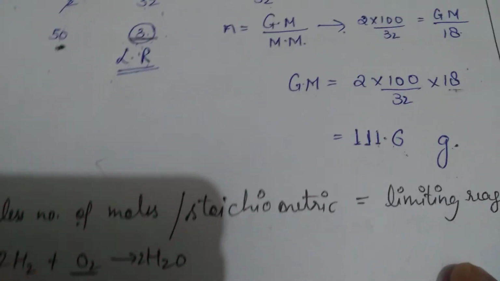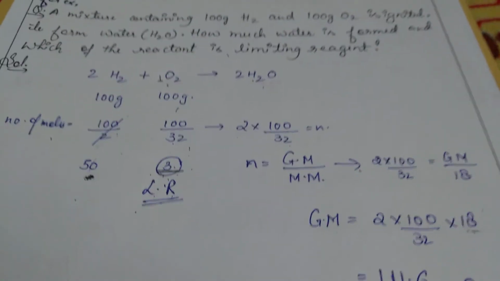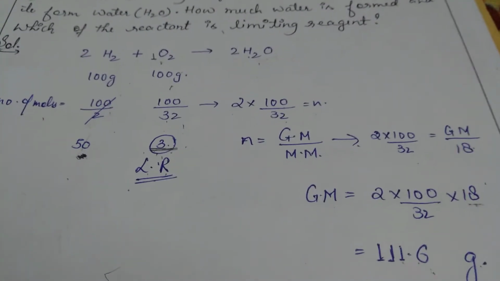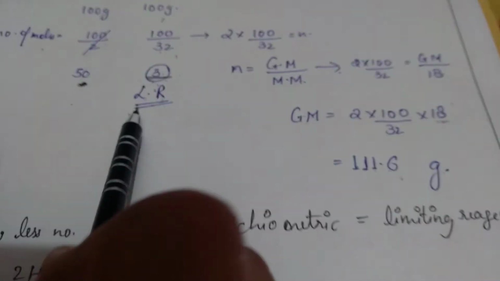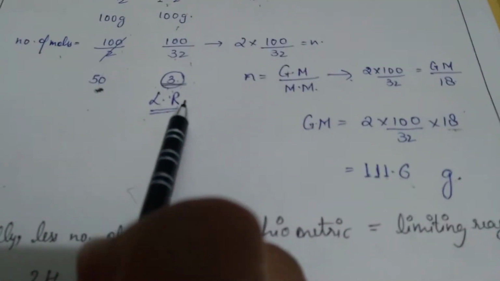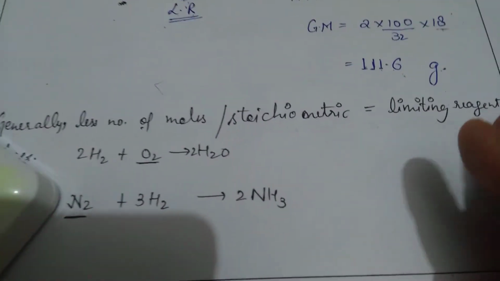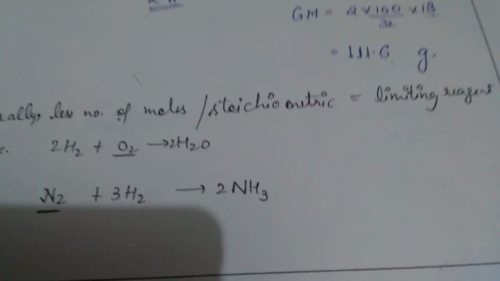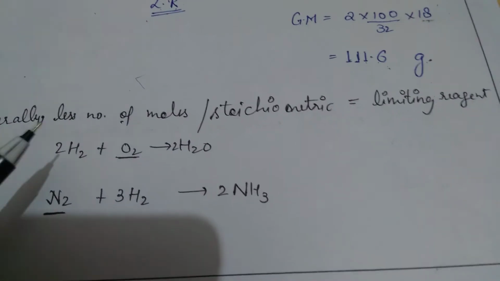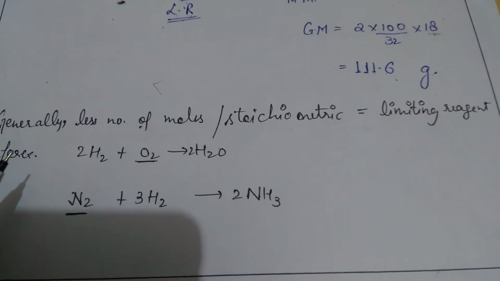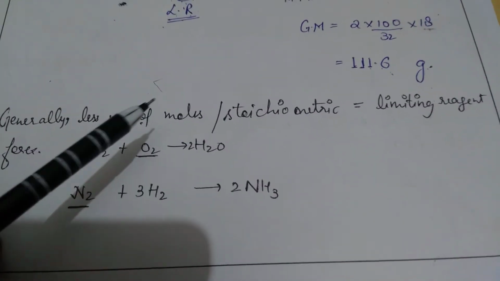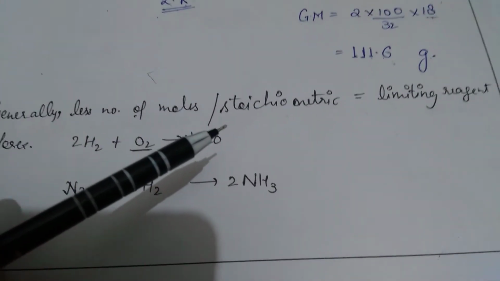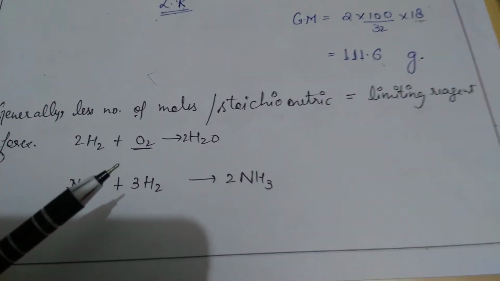This will be the mass of water formed during the reaction when 100 gram of oxygen combines with 100 gram of hydrogen. Okay, and we have also found the limiting reagent, that whichever has fewer moles will be the limiting reagent. Now this is just a general statement. It will help you for further numericals: whatever the number of moles given for a particular reactant in the reaction, whichever reactant has fewer moles or smaller stoichiometry will be the limiting reagent.